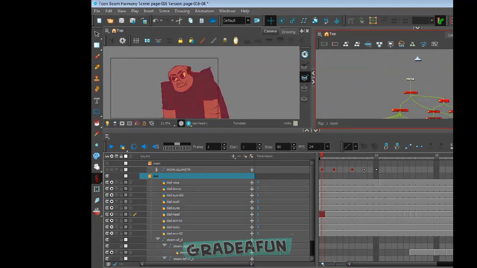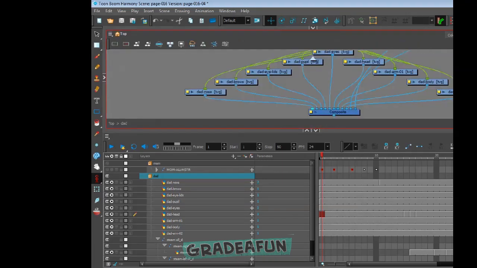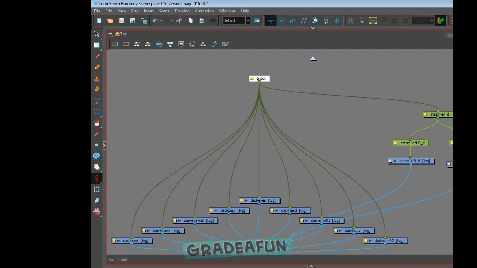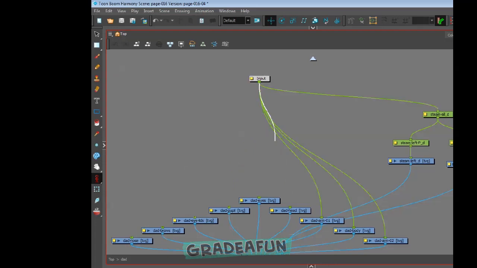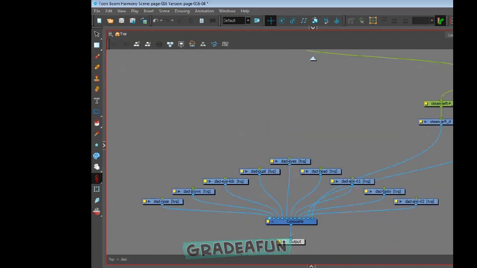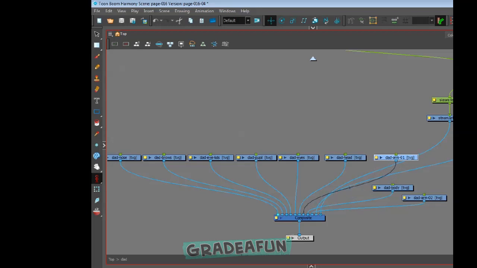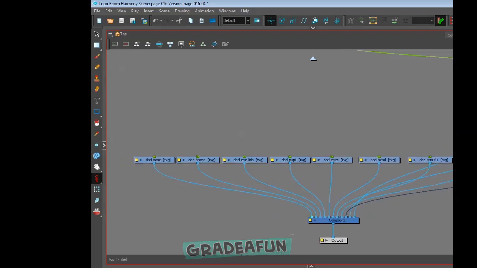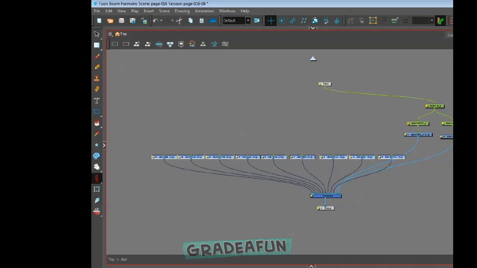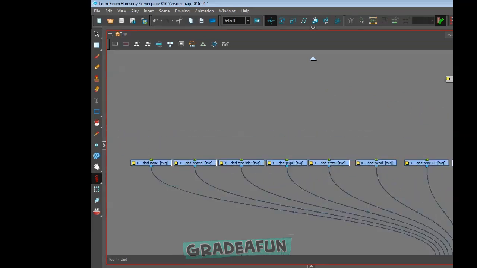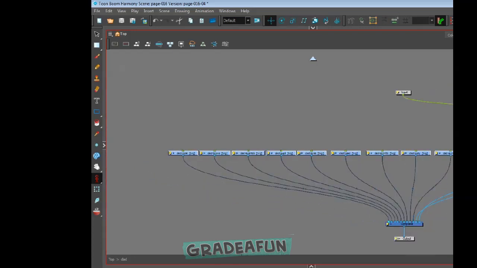Now take a look at this. So I've got the dad in this group by itself, and then this is all the stuff associated with the steam. So what I want to do now is go and clean up the hierarchy for the dad and put all this stuff on pegs, so that if I decide to do some keyframe animation on there, I can. I don't necessarily plan on animating all the parts of this,